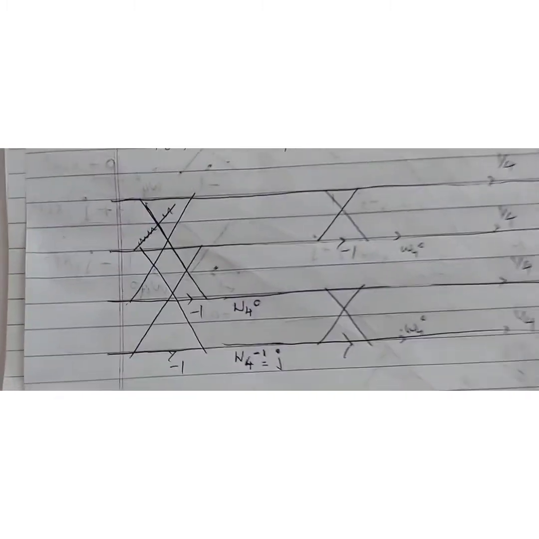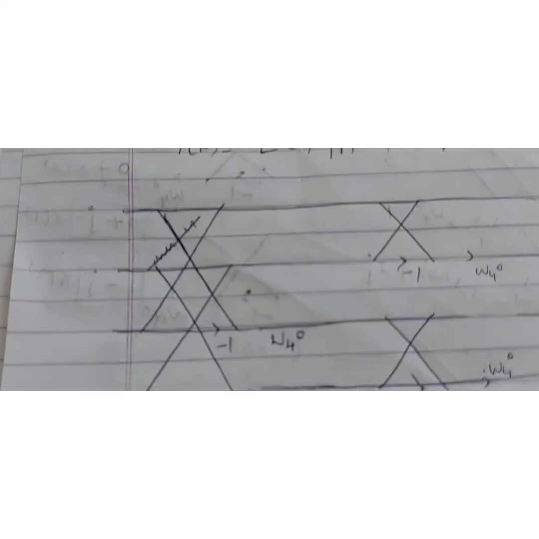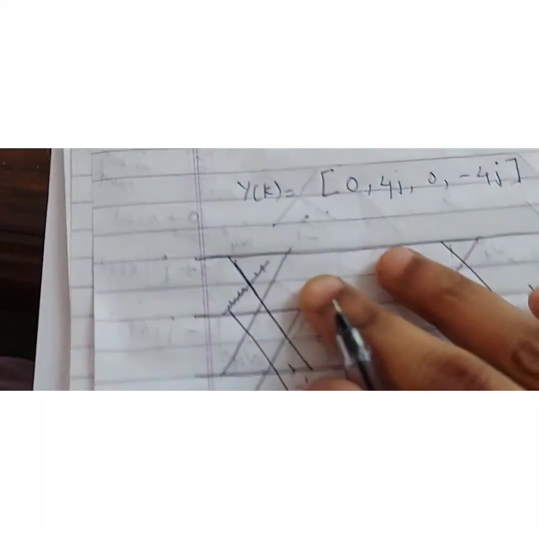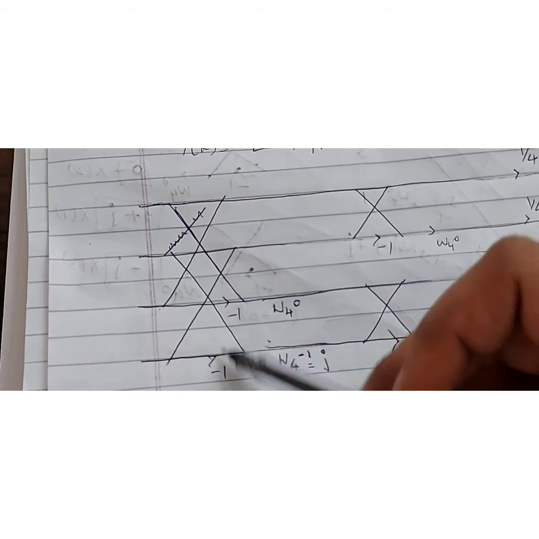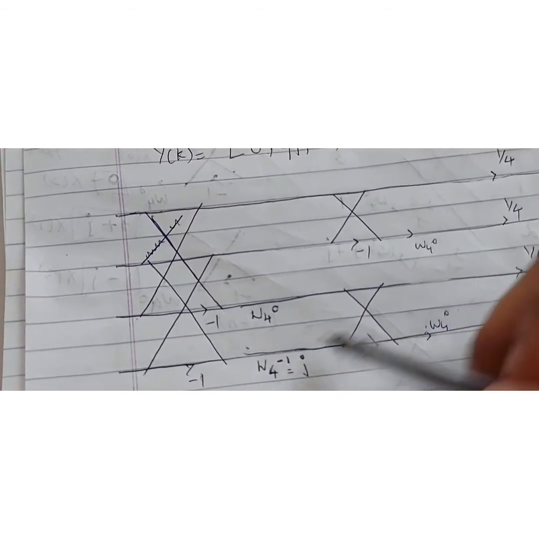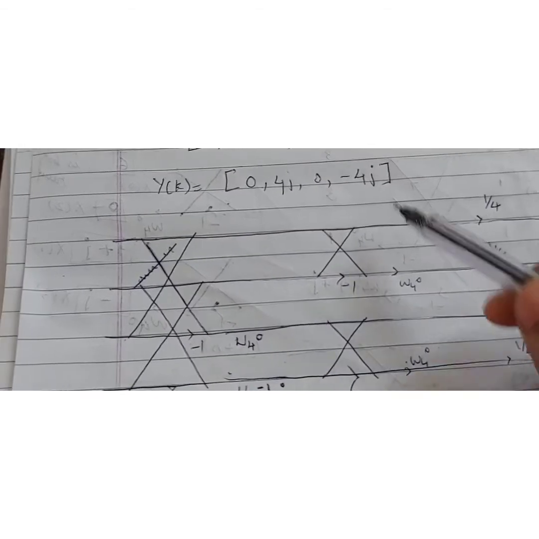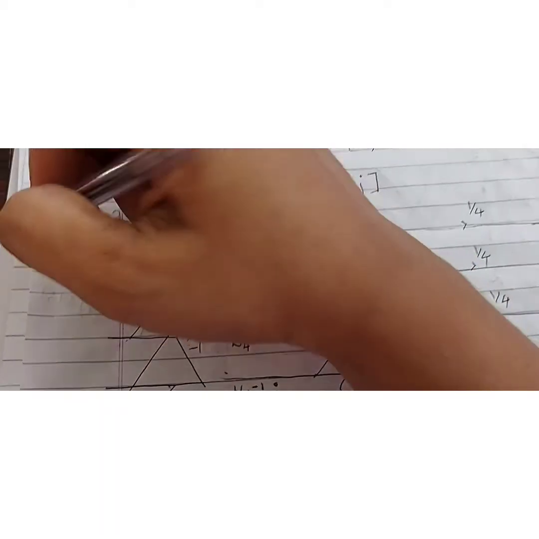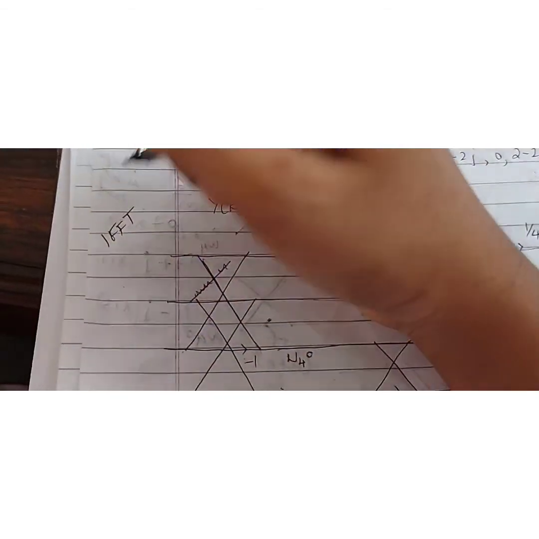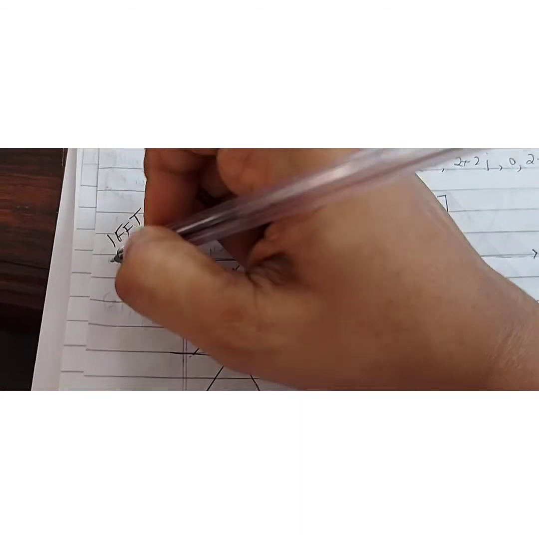So for the IFFT, this is the basic butterfly diagram. So the input, your 4-point butterfly with -1, W4 power 0, W4 power -1, W4 power 0 for the 2-point structure, and followed by, remember, your 1 by n, because this is IFFT or basically your IDFT using your radix 2 DIF